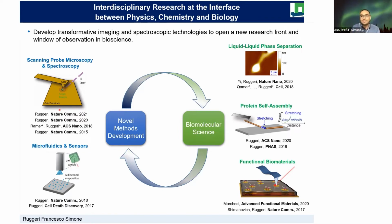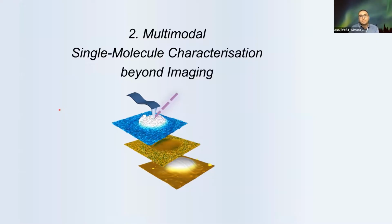imaging beyond just seeing. So what we have to think is that if we have a nice beer, as we saw yesterday in the very beautiful tasting, we see a keg, we see it's cold, it's summer, we want to try it, because seeing is not always sufficient to understand something. So we smell it, we taste it, and this is a sort of chemical recognition that we need to understand nature. And what I will show today is how we can use this to unravel properties of biomolecules